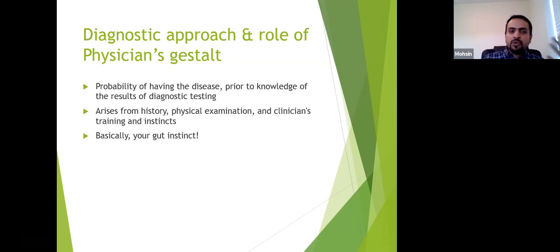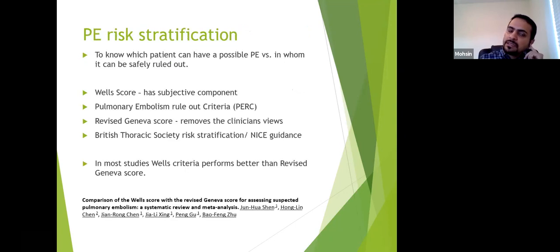So what we do normally, instead of using our subjective findings, such as having our own gut feeling that this patient might be having or might not be having it, which is very subjective, to counter that, they have come across certain decision making tools or risk stratification tools. The most common among them is the Wells criteria. I think most of you must be well aware of it. I don't want you to learn any of them by heart.